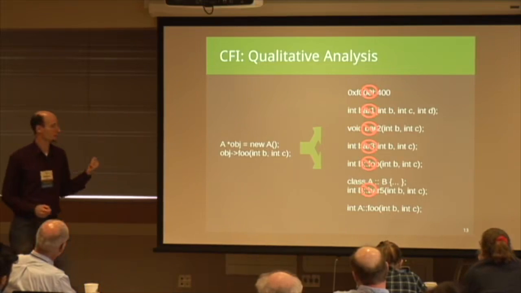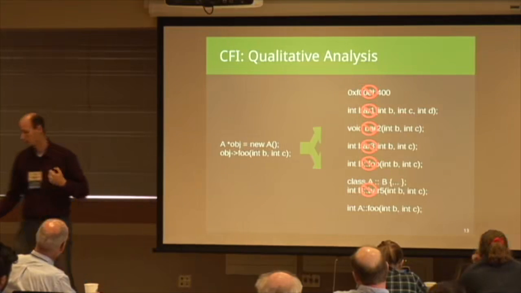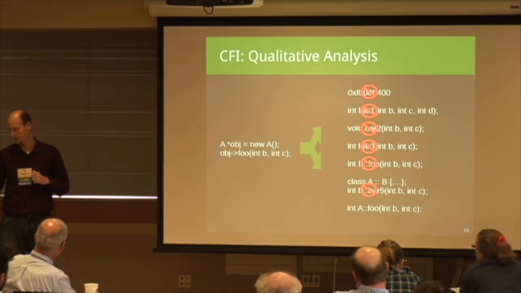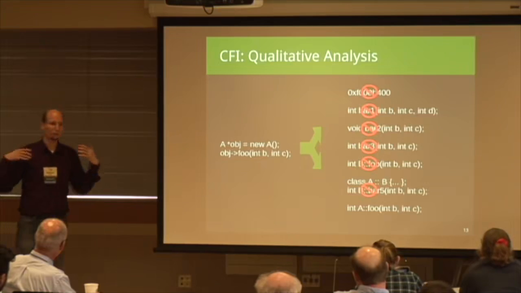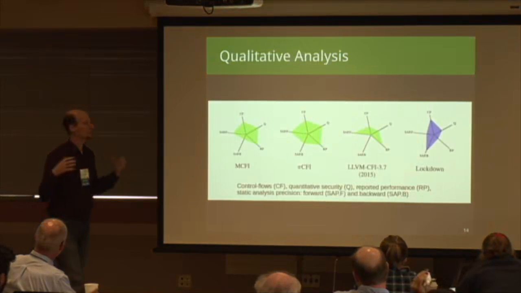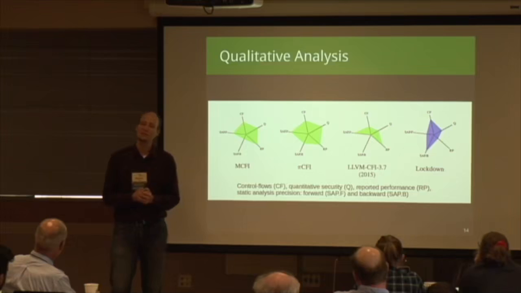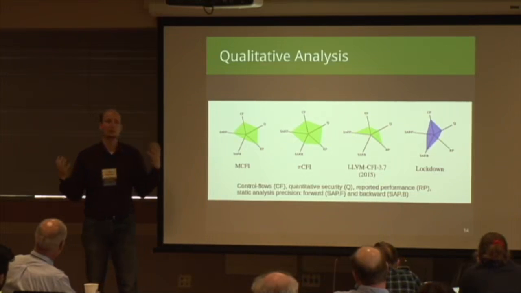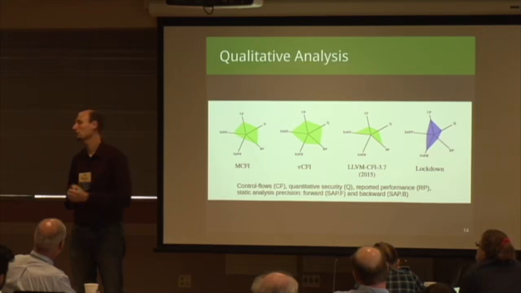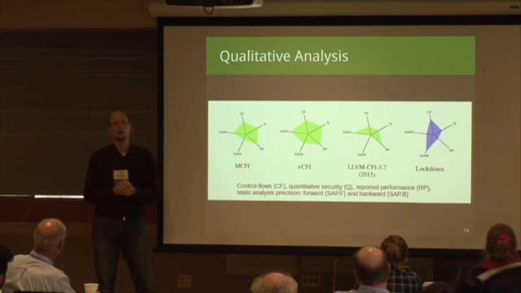And there are other precision details that can further detect fine-grained class hierarchy differences. And hopefully, you will only have one single class that remains. So we looked through these 50, 60 different research papers and tried to distill them into spider plots that give you some intuitive answer about the security guarantees of the different CFI mechanisms. Intuitively, the larger the size of the spider plot, the higher the security gains that you get. And this is some qualitative analysis that gives you an intuition of the different mechanisms.